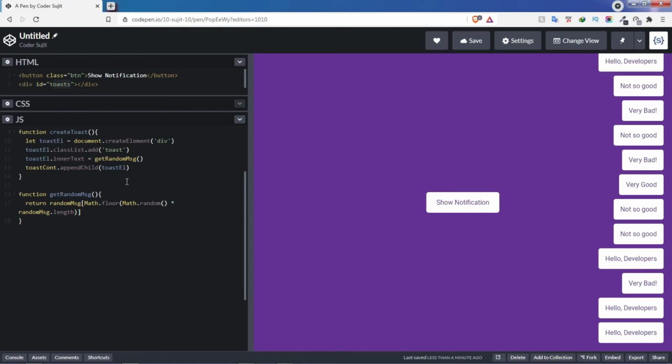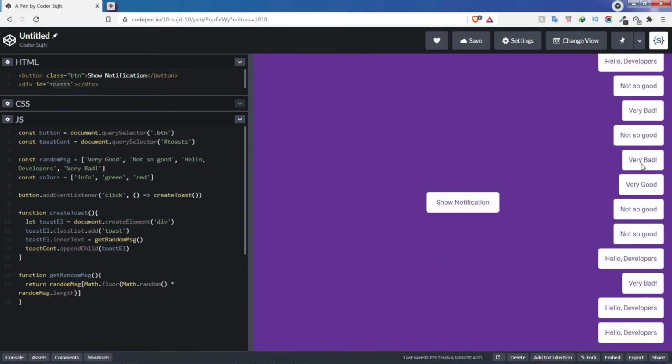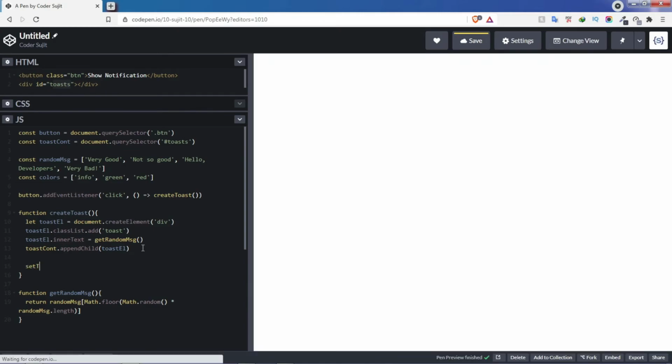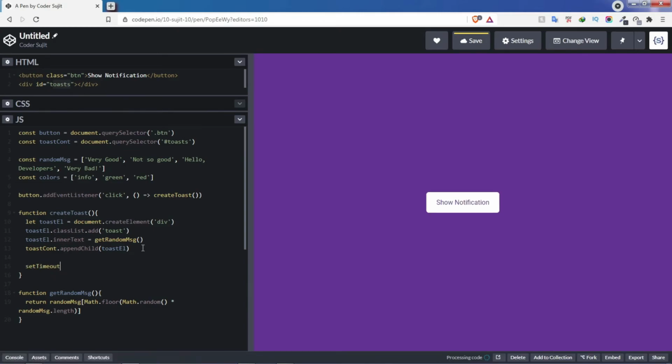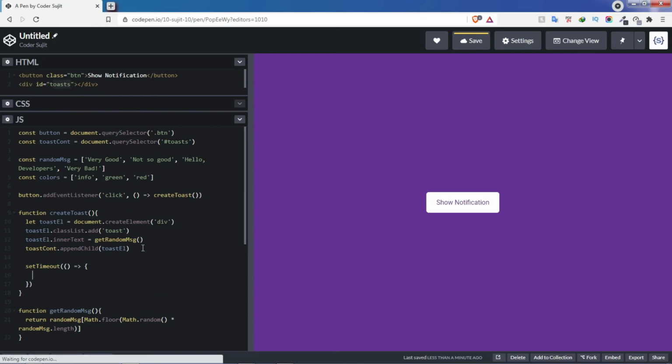But now we have a problem, because this is staying. We want all of this to go away after a little amount of time. So we are going to use setTimeout. It's a function. We are going to set the setTimeout function, and what we'll do is take that toast element and remove it from the DOM